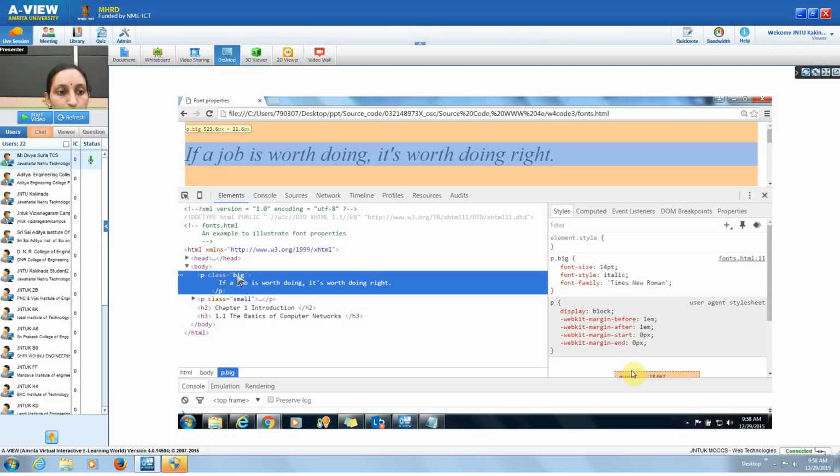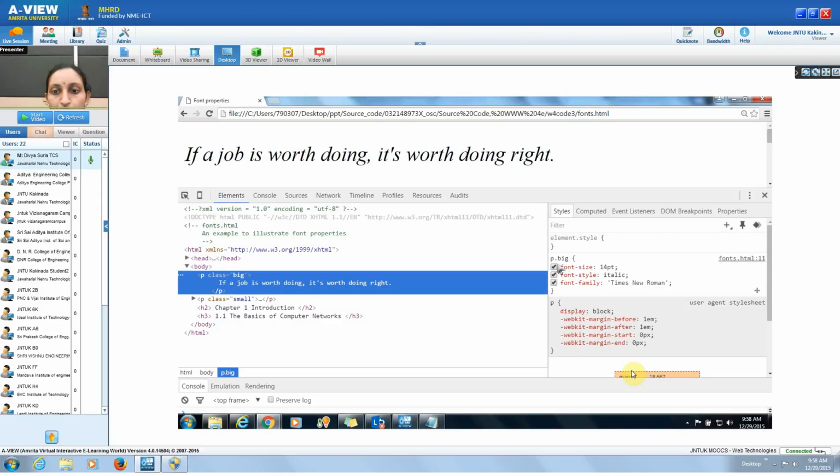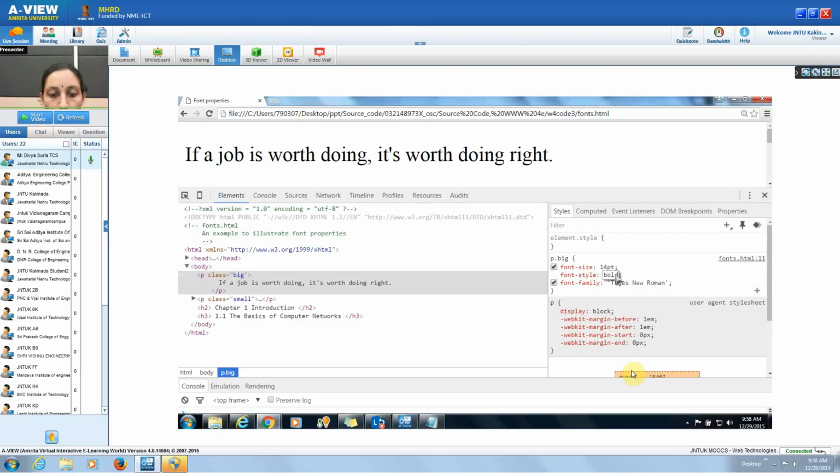See, I have given a class called big. In p.big I have given font size as 14 pt, font style as italics. That's the reason it is like this. I want to change it as bold. It has changed, right? Similar way,